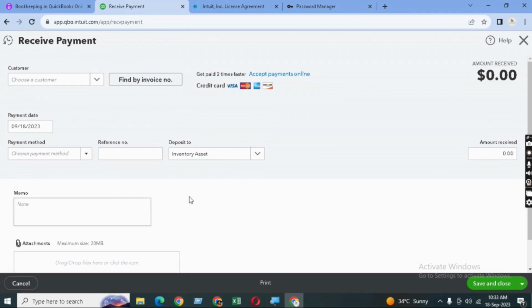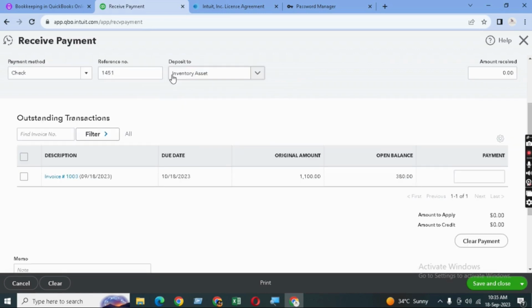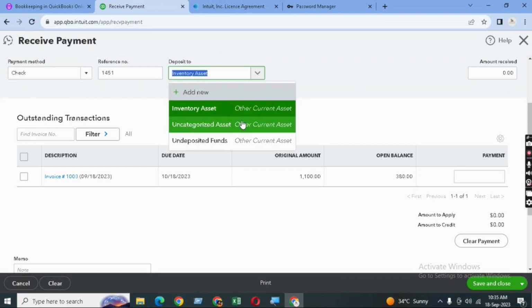In the receipt payment screen, here you can add your desired customer. Let's say your desired customer is sample customer, and here you can add your payment date, and here you can select your payment method. Let's say your customer wants to give you the amount by check, so in the reference number you can add your check number. Let's say your check number is 1451, and in the deposit box you just select your account for which this